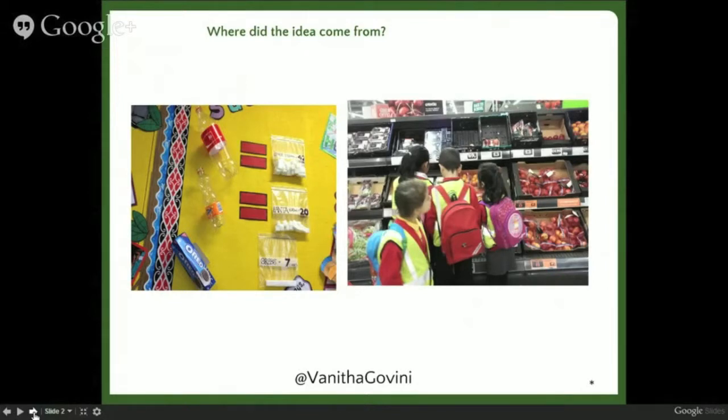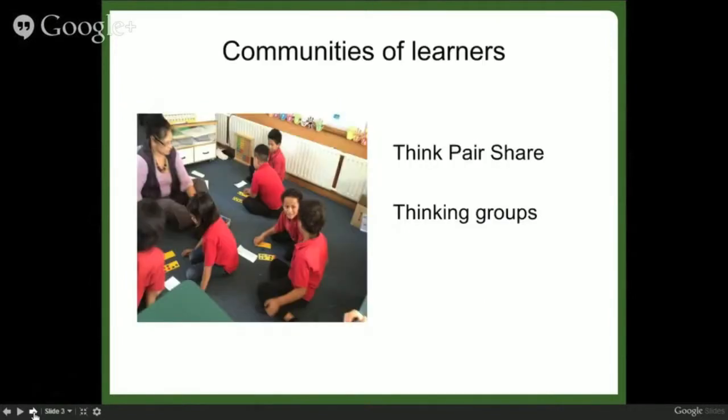So here are just some examples of those real-life contexts. The communities of learners could look like think, pair, share, so between two people, or groups of 3 or 4, so the communication is not just between the teacher and the students, but I think it's multi-dimensional communication. And especially with the think, pair, share, we miss out on the think part a lot, and so the teachers have been actually giving more time for students to think of their own strategy, and also to practice their explanation and then share with a partner.